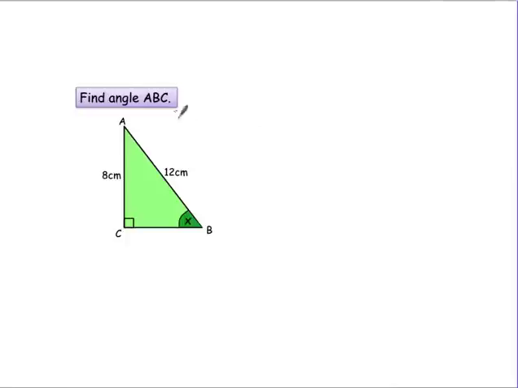Find the angle ABC. So first of all, we've got a right angled triangle, and we've got two of the sides, and we need to find an angle. So that tells me I can use SOHCAHTOA to work out the value of this angle, because it's a right angled triangle. So I'm going to write out my little SOHCAHTOA. So in a minute I'll decide which of those I'm going to use,